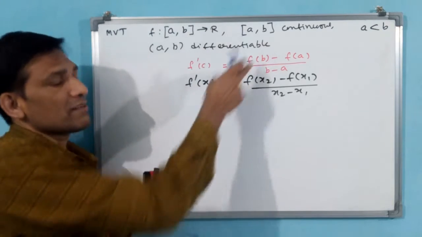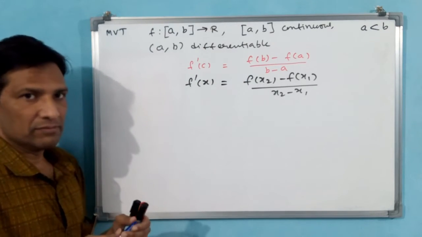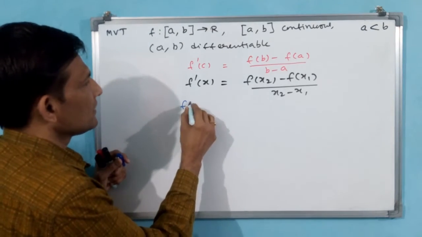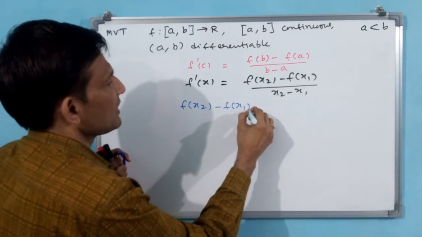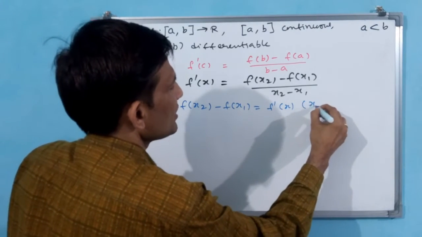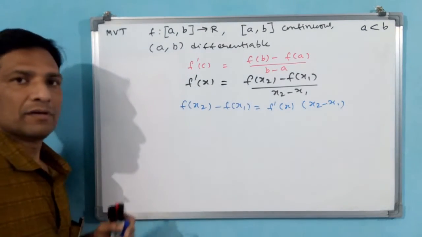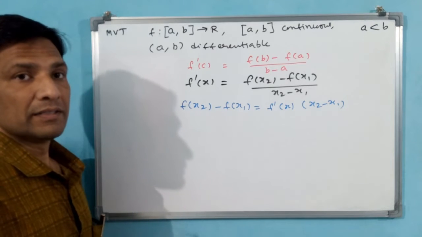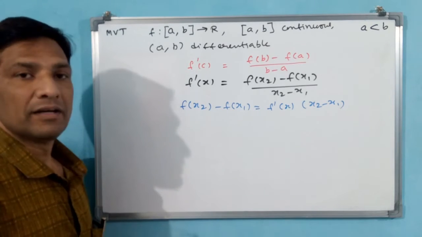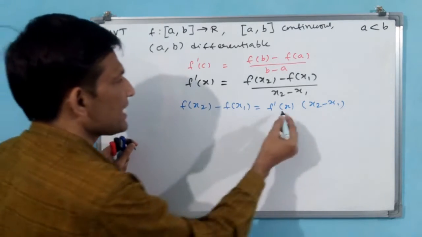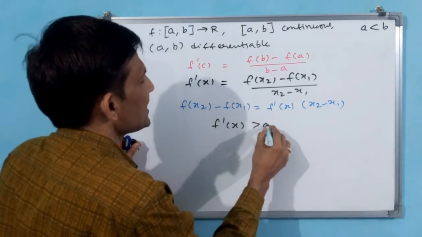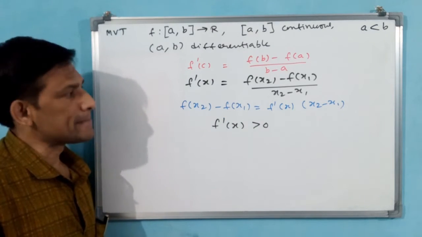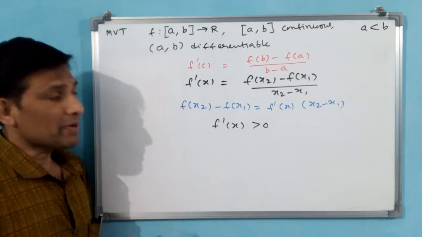Okay. See, these intervals all we are going to apply again in this also. Increasing, decreasing function also. You see, shall I write this like this? F of x2 minus f of x1 is equal to f dash x into x2 minus x1. Okay. This denominator is going to multiply this. Is it okay? Definitely okay. Then shall I write like this? F dash x is greater than 0. Why? Because it's not 0.